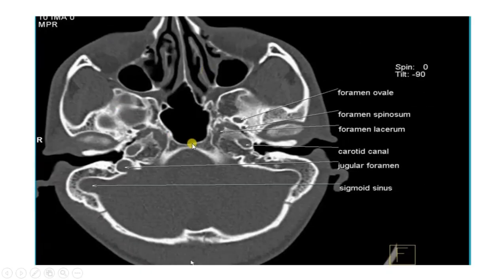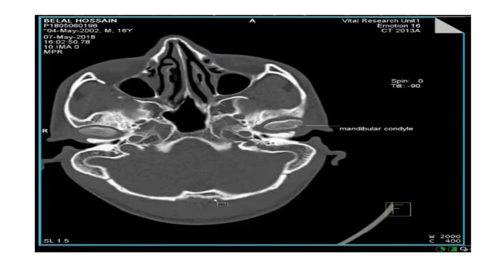This is the axial view at the level of base of the skull, and here we can appreciate the different foramina. This is foramen ovale, and the smaller foramen near it is the foramen spinosum, and this is the foramen lacerum, and this is carotid canal, this is jugular foramen, and this is sigmoid sinus. This is all at the base of the skull, and here in this level we can appreciate the mandibular condyles,